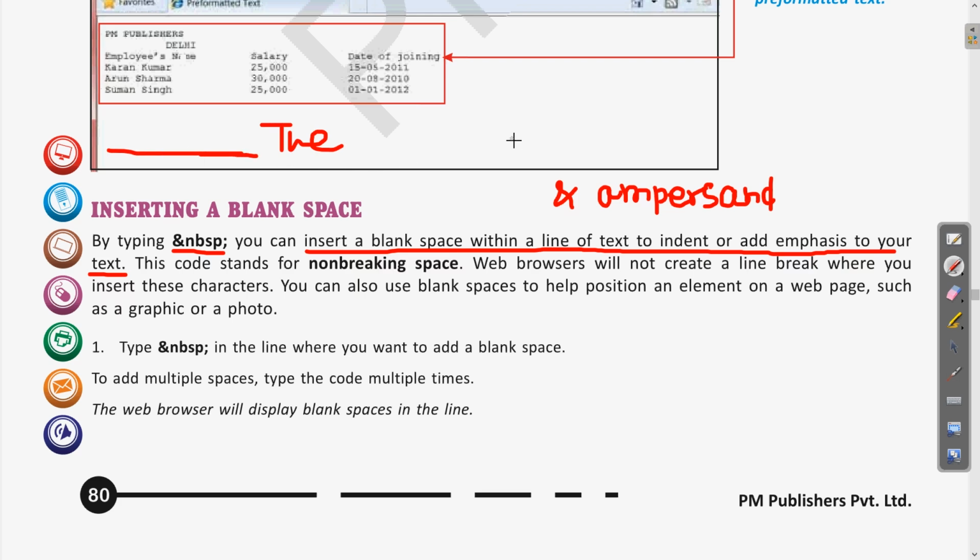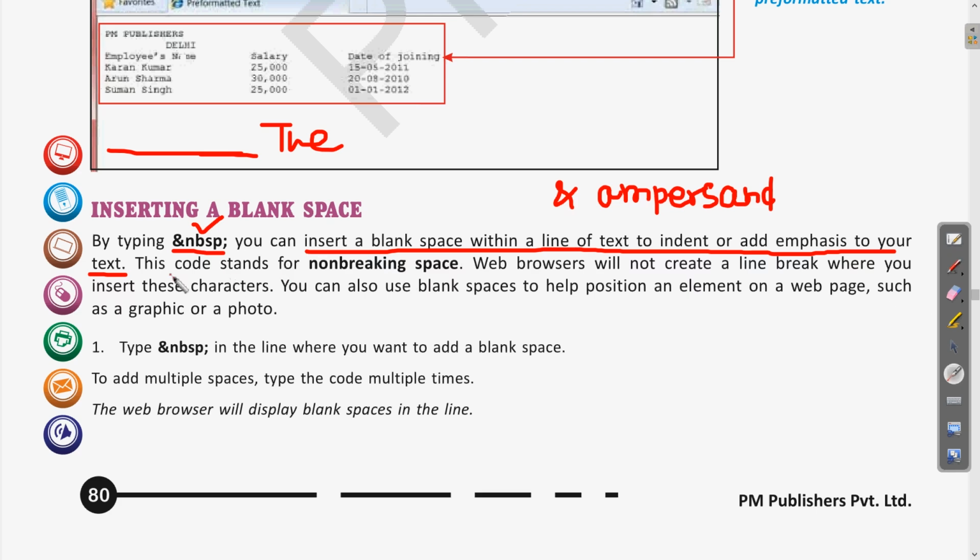In a similar way, if you are inserting any image or any element in the web page, then we can have places where we need some space to the left of that or at any position of that. So for that we can use this ampersand space option to insert the space.